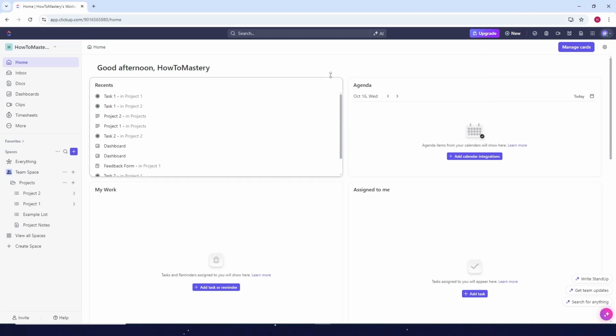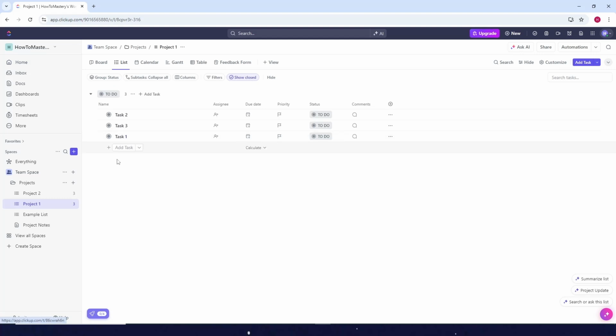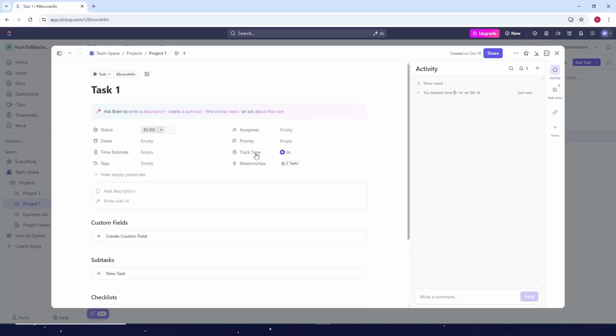How to track time in ClickUp. So first, go to your ClickUp homepage. Next, just select the project where your task is. So let's say I'm going to do task 1, so just click on task 1,